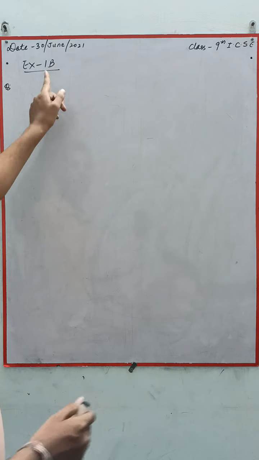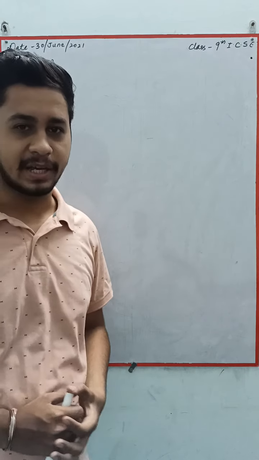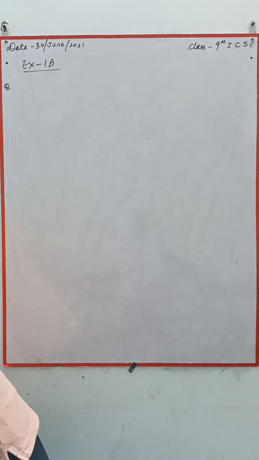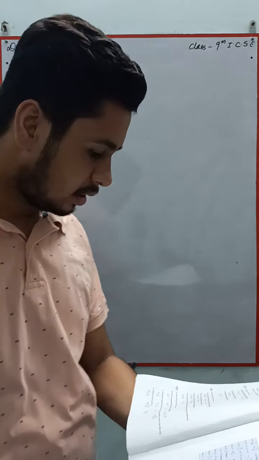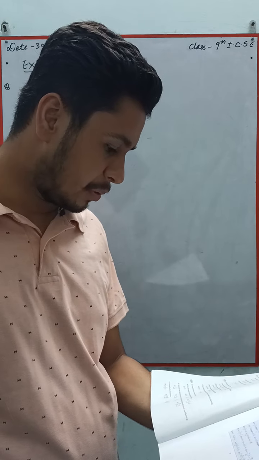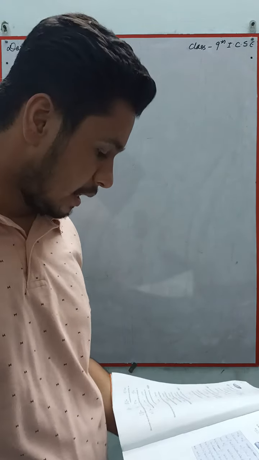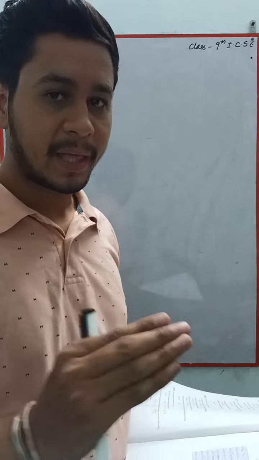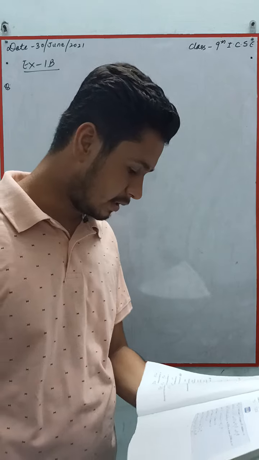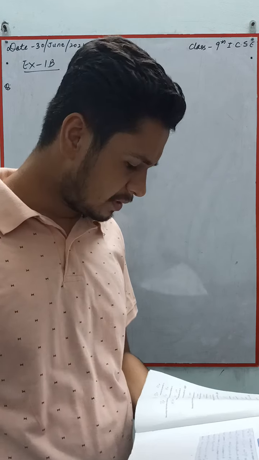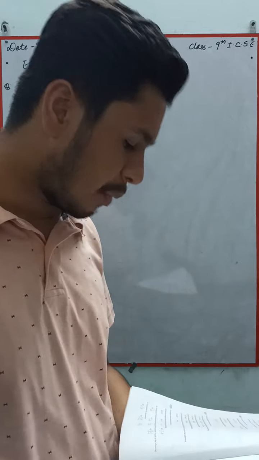So we have started 1.b exercise and up to question number 10 we have done. Okay, write the conjugate irrational number for each of the following. You need to change the sign. For the D1, what you have to do, first take the LCM and then you have to change the sign. Okay, or else better not to take LCM, only the sign changes are required.